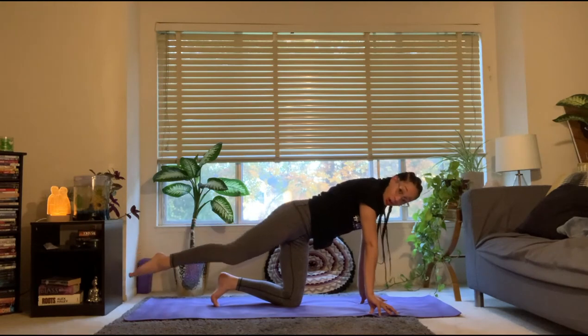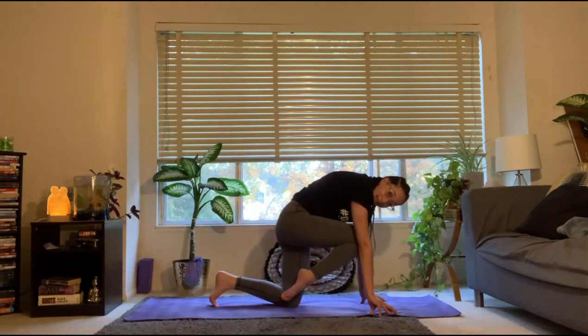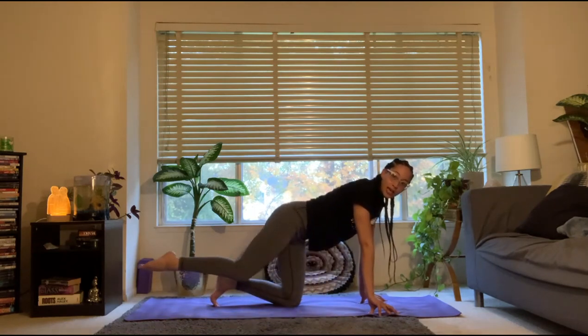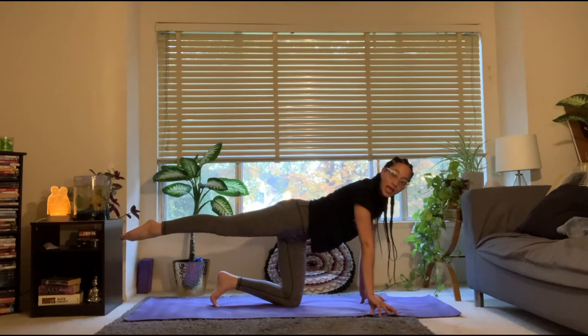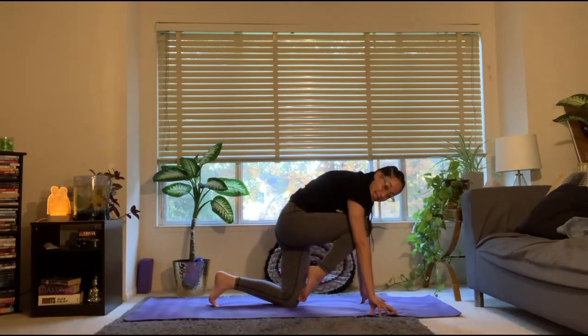Give me a crunch, drawing right knee to chest, rounding the spine, lifting the belly in, lifting the knee high, and then extend the leg for me one more time so we can get a feel for that again. Give me a crunch, knee to chest, round the spine, belly in, lift the knee as high as you can